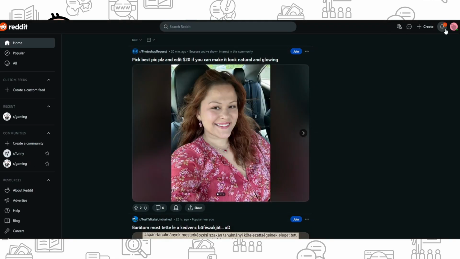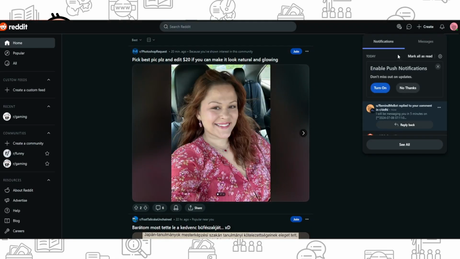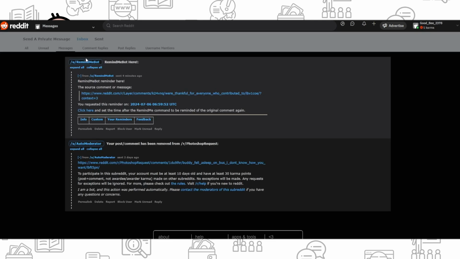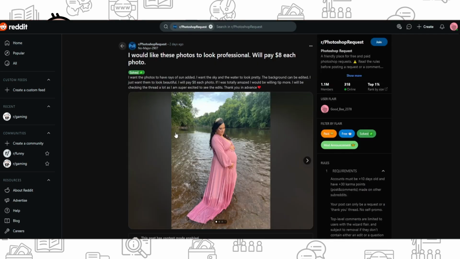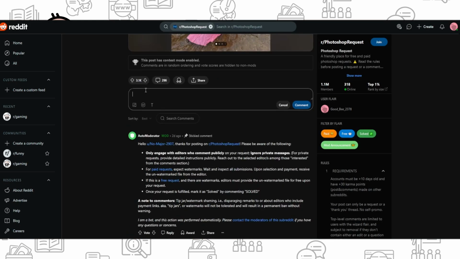and here I can show you that I already have a Remind Me bot, Remind Me feature on Reddit, and you also have it. So all you need to do is just find the photo you want to remind you, press on comments, and here just write